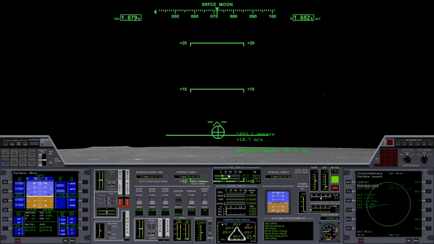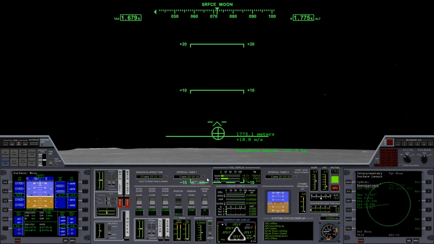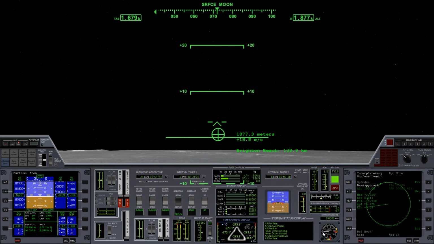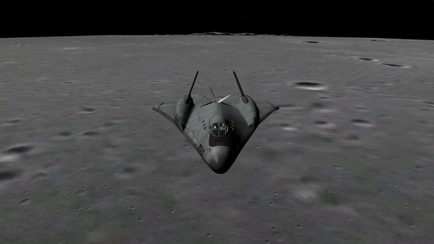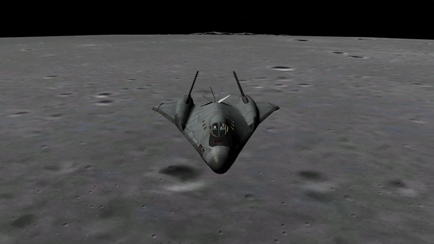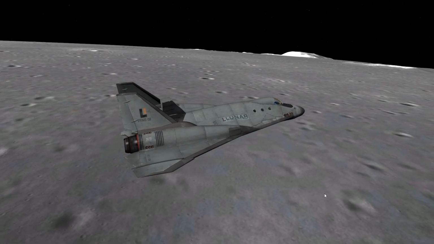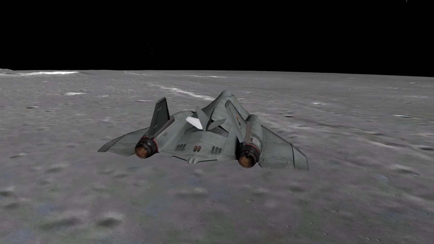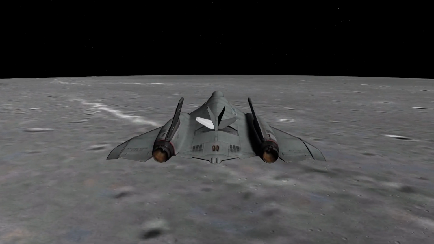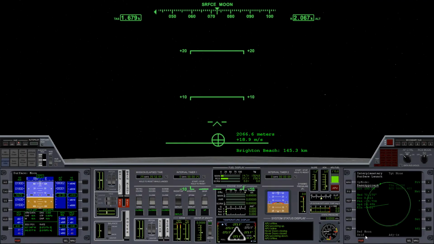It is an unstable orbit, so depending on where the ejection burn is set to take place, we may have to circularize the orbit. So we've started the interval timer, and we will use that for our entire trip back to the Earth. Just take a quick look outside. You can see a few little bumps here and there, but pretty flat around these parts. So I anticipate that our altitude will probably get high enough before we have to worry about hitting any terrain.